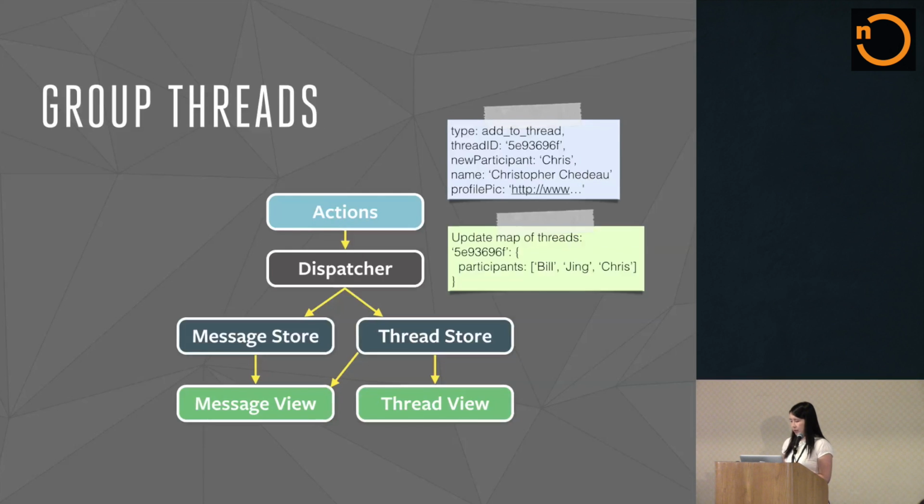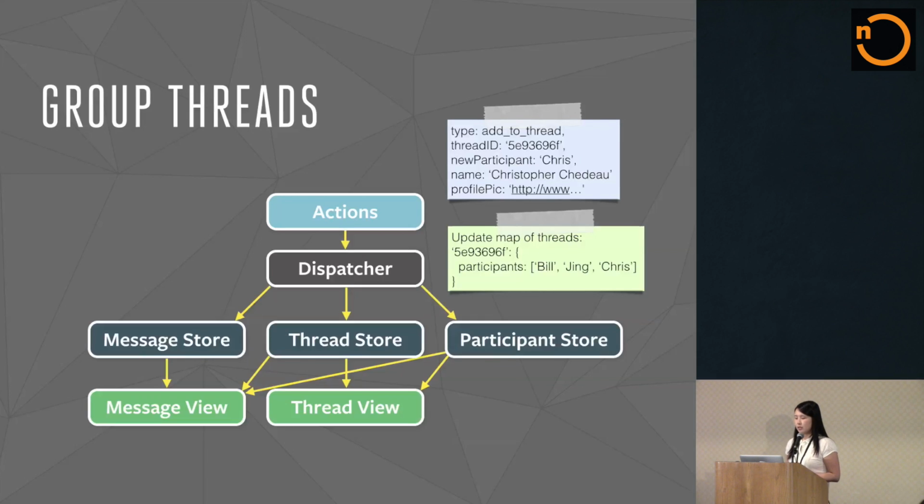So it's pretty easy to see what the thread store will want to do. Given that the thread ID already exists in the map, we just want to update that map to add another participant to the list. But we don't want to store all of the metadata for that participant inside of the thread store. That doesn't make too much sense, especially since you can have the same participant on multiple threads, and then you don't want to get out of sync with all of the metadata about that